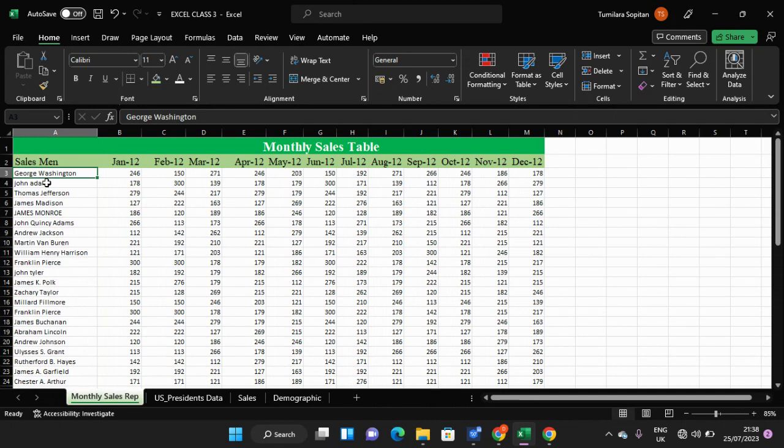And how do we go about that? The first thing you can do is